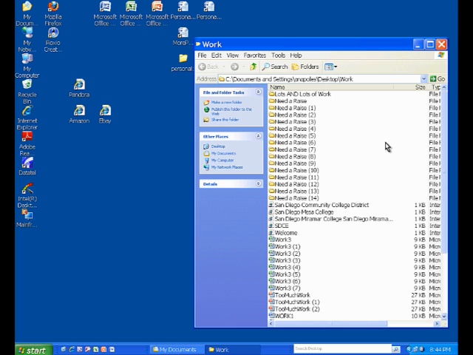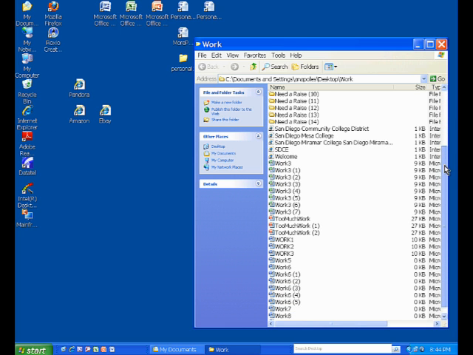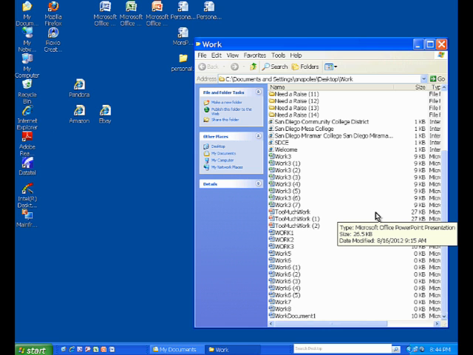Okay, so this is what my work folder looks like. As you can see, there are a lot of folders and a lot of files, including all my links. But we're not done yet. Remember earlier, we minimized the My Documents folder. So now what we need to do is go back into that folder and look for any